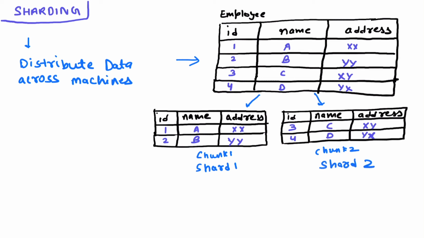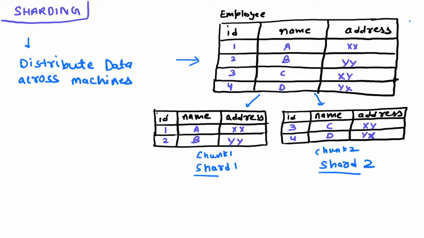Why is sharding required? Sharding is required because, as I mentioned, the data is growing so huge these days that none of the hardware is able to meet the requirement to store all the data in a single machine, and that is why sharding is required, which helps you to distribute your data, or make your database distributed.